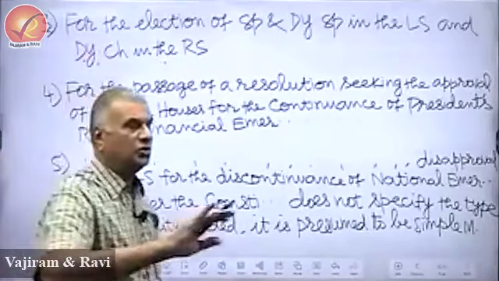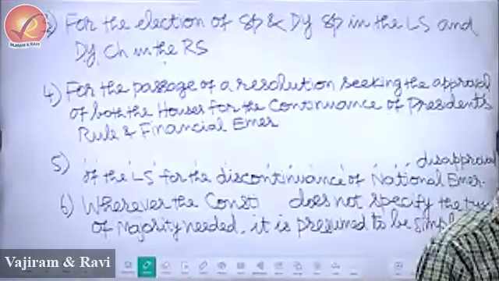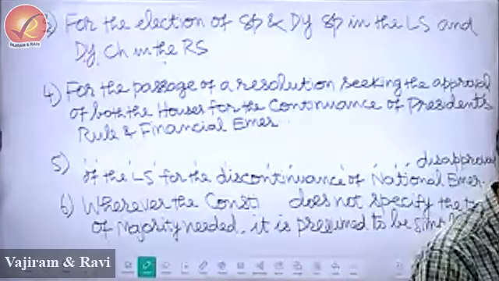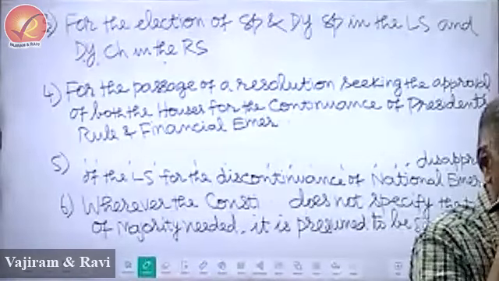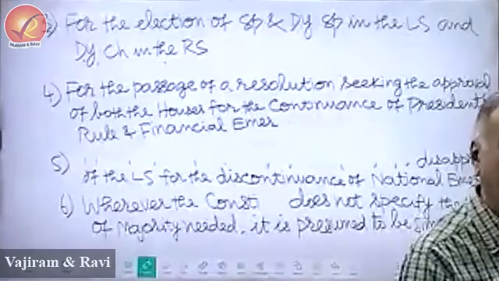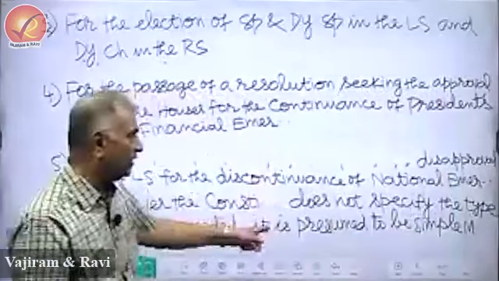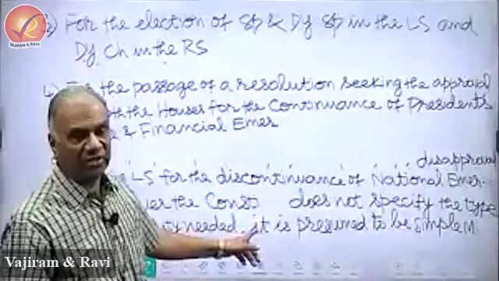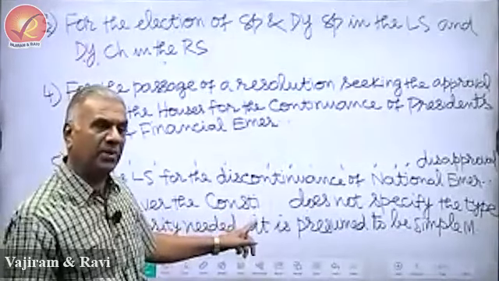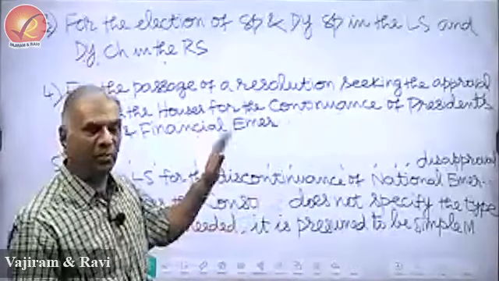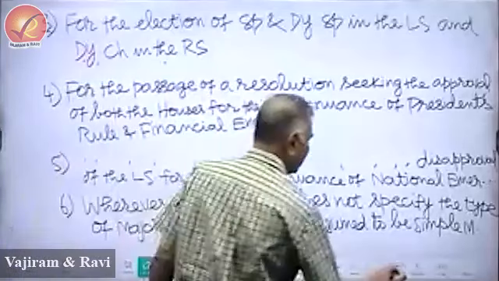So if the Constitution wants a majority other than simple majority for doing business, the Constitution should specify the majority that is needed. If no majority is mentioned, it is presumed to be simple majority. That is why it is called default majority. By default, the majority that is used in the parliament is simple majority, both in the parliament and state legislatures. For example,